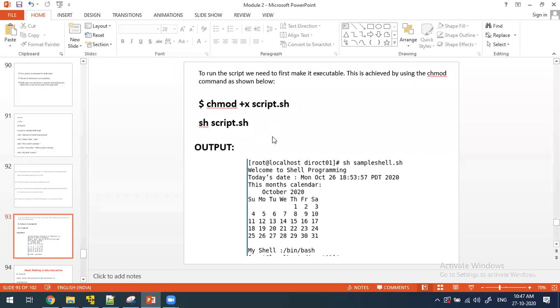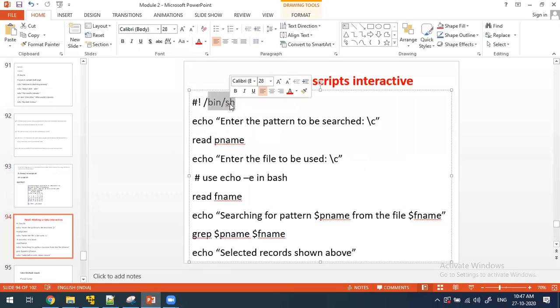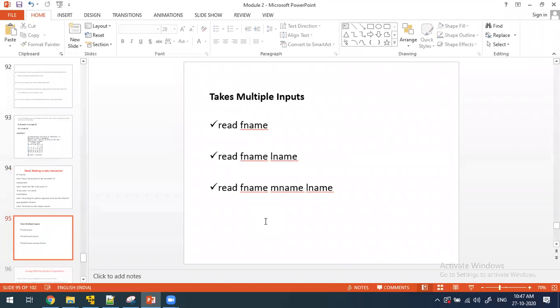Here sh indicates the Bourne shell, but this will be run by the bash shell.